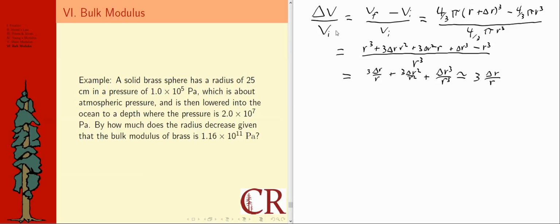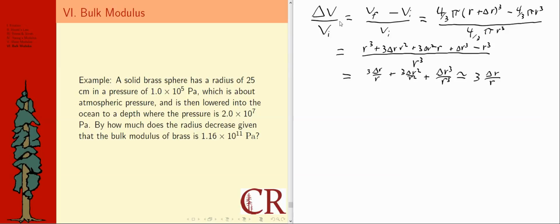Now, before I start this question, I have a cool little trick I want to share with everyone. If you have a situation involving a sphere and you're looking at something involving bulk modulus, which involves a relative change in volume, delta V over V_i, here is some math. If you want to spend some time looking at it, maybe you can pause and see if all my steps are correct. But in this last step, we're going to neglect these last two terms because they're going to be really, really small